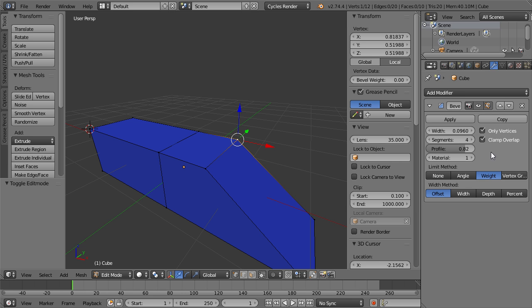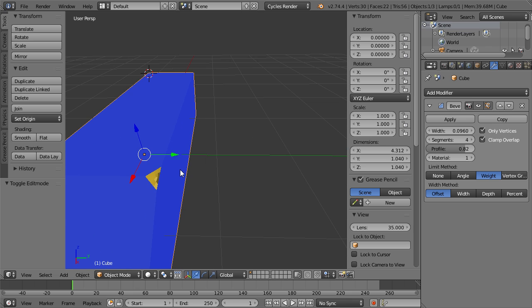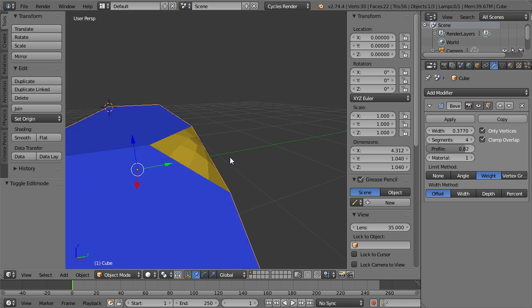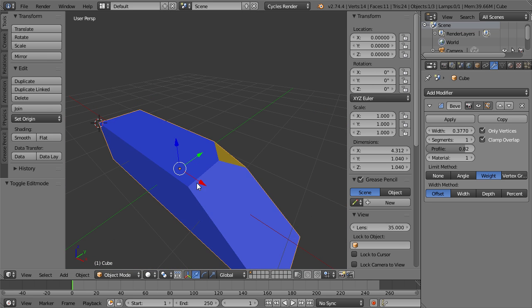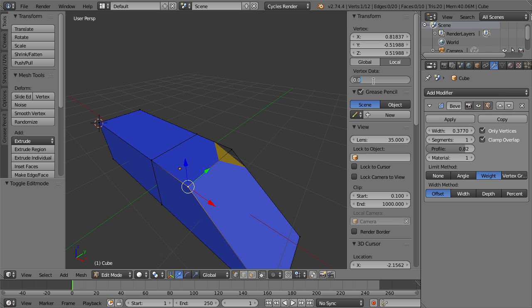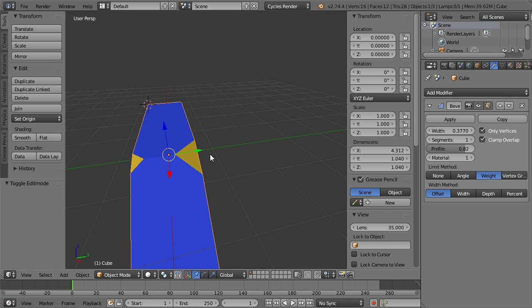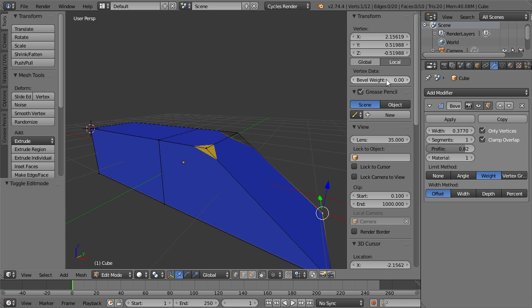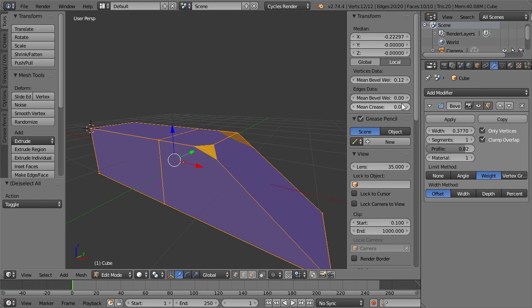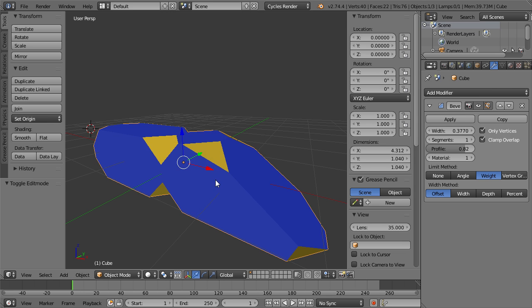You can see nothing happens. If I increase the bevel weight to 1 here, you can see that this 1 gets multiplied by the width. And let's set the segments back to 1. Okay, and now this one I'm going to set to 0.5. And you can see it's half as big as this one. So for each vertex individually, you can decide the bevel weight, and of course you can choose your entire mesh and then influence the bevel weight